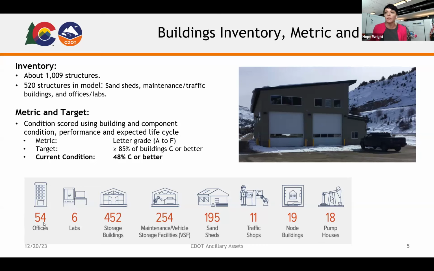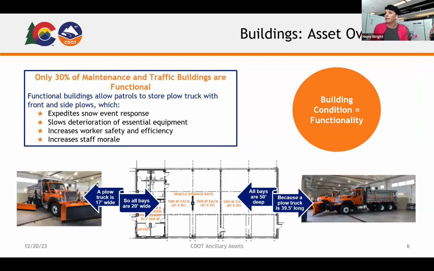And then we use the scores that they assign for each of those components to develop an overall weighted letter grade for each building. So our goal for our buildings is that we would like to see 85% of them or more at a letter grade C or above. And right now, only 48% of our buildings are at a letter grade C or above. So we use the letter grade that's calculated through the mobile app. We use that data to calculate our performance, which I'll talk about a little bit more. So on the next slide,